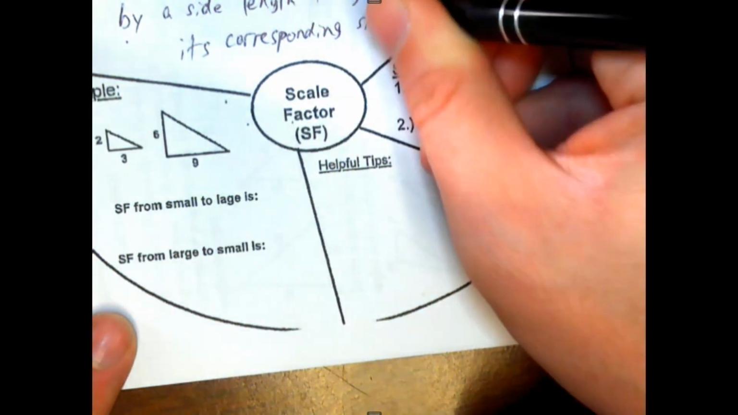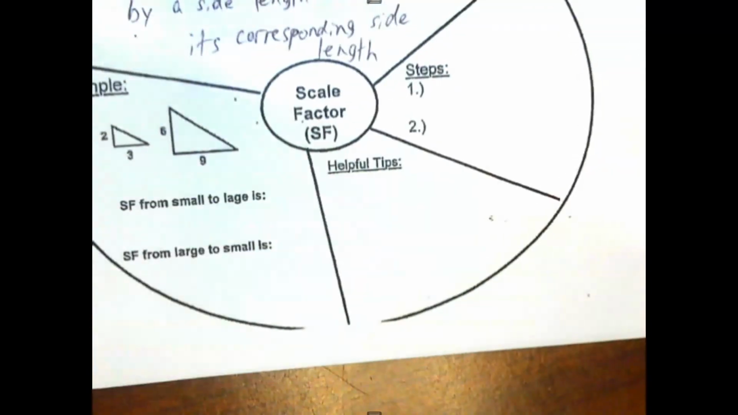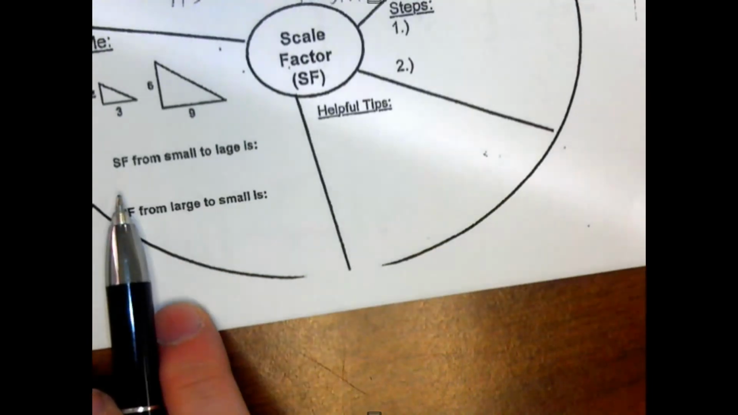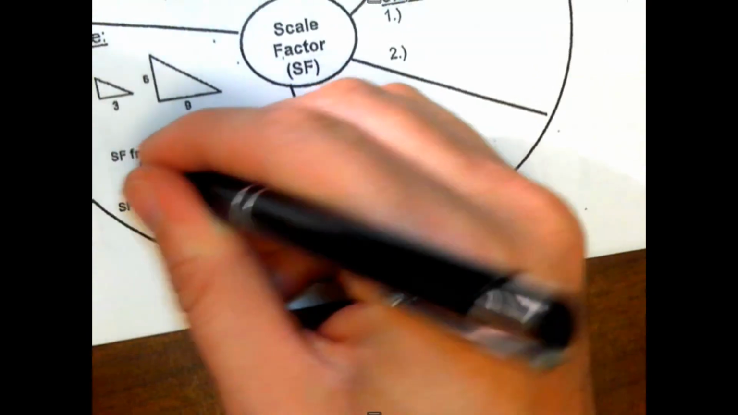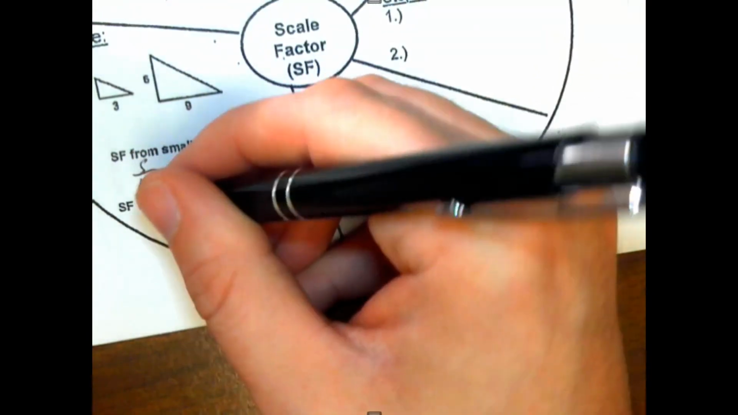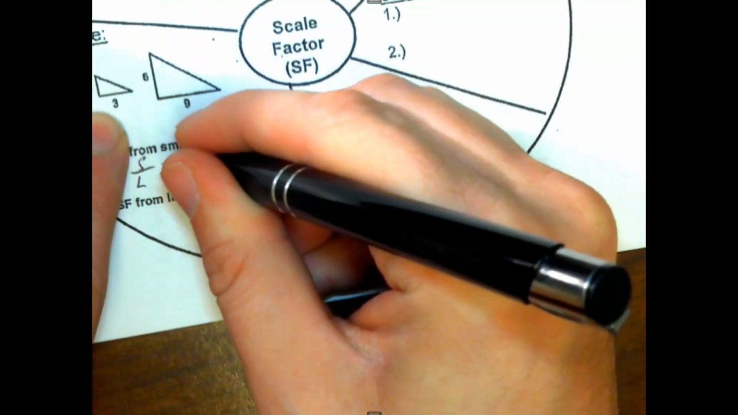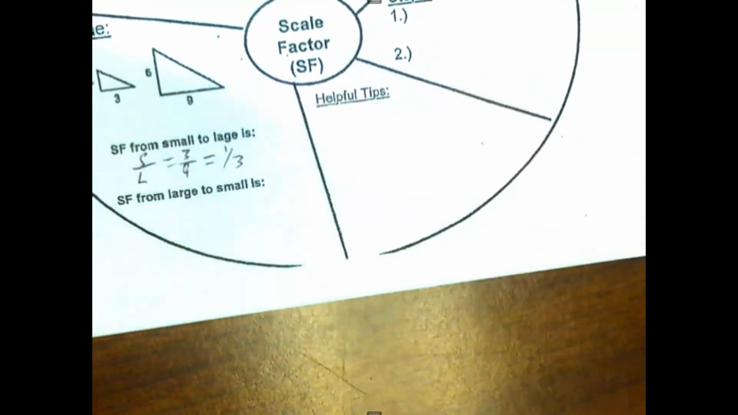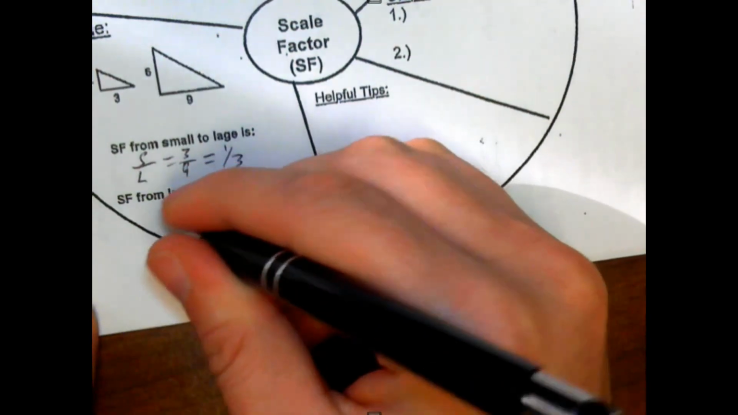Corresponding side length. So for example, I've got these two similar triangles. The scale factor from small to large is small triangle divided by large triangle, so pick two sides that correspond, so 3/9, which simplifies to 1/3. So that's my scale factor from small to large, and my scale factor from large to small